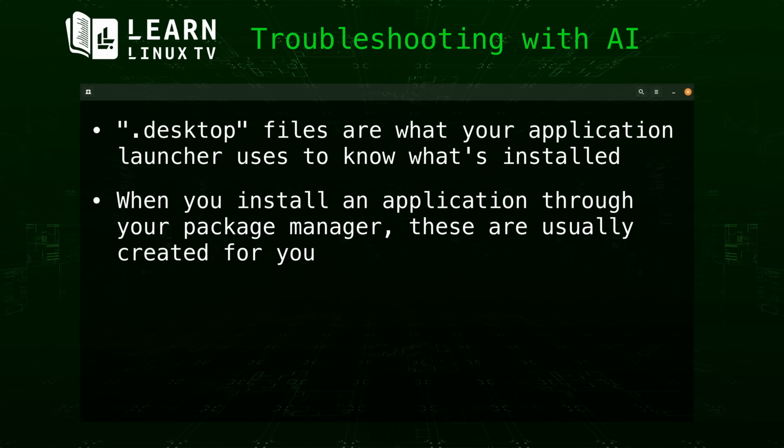For example, if you were to install Steam, then a desktop file to launch Steam will automatically be installed, and that's how newly installed apps show up within your application launcher. Again, you normally never have to mess with these, because most of the time these are created automatically for you whenever you install an app. However, sometimes you may want to install something manually.